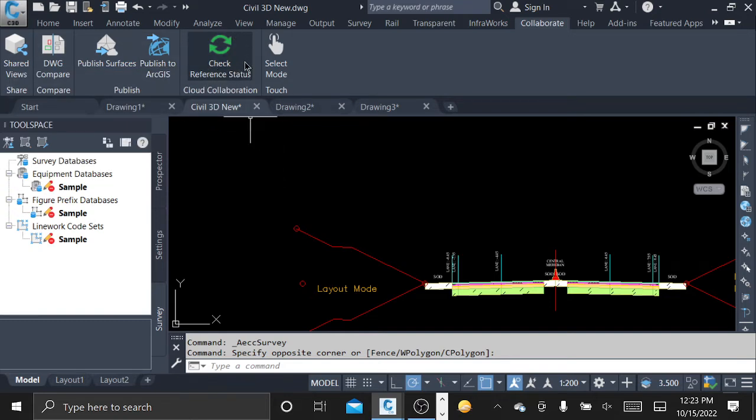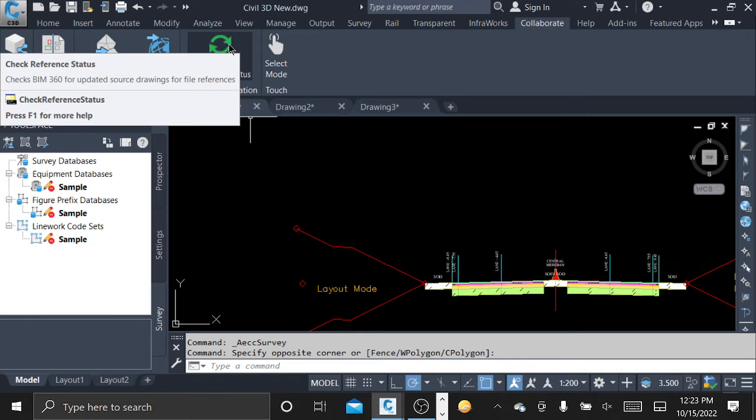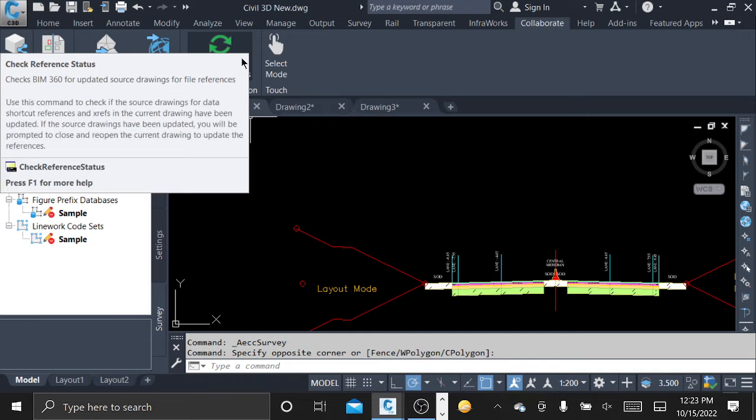Then there is checking for status. In case you're doing an online collaboration with different engineers, you can share your information also through BIM 360. It can be in a downloaded file format that you can have. Now BIM 360, and there is another one called Autodesk 360. Autodesk 360 will be able to manage your files. It's like a drive. It can manage your files, for example, and you can upload once you have